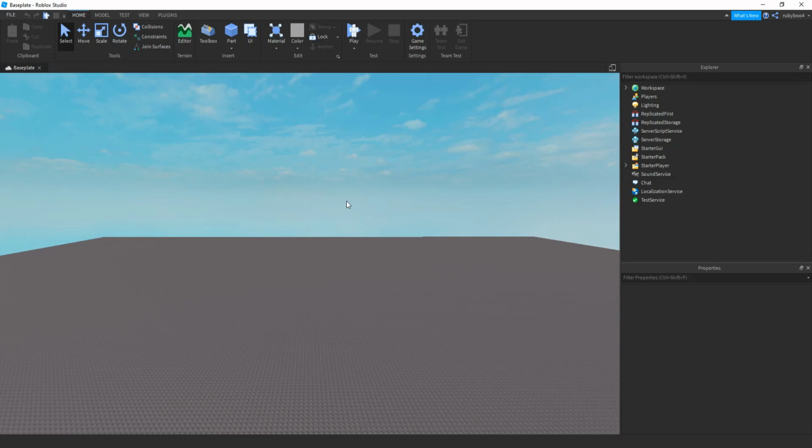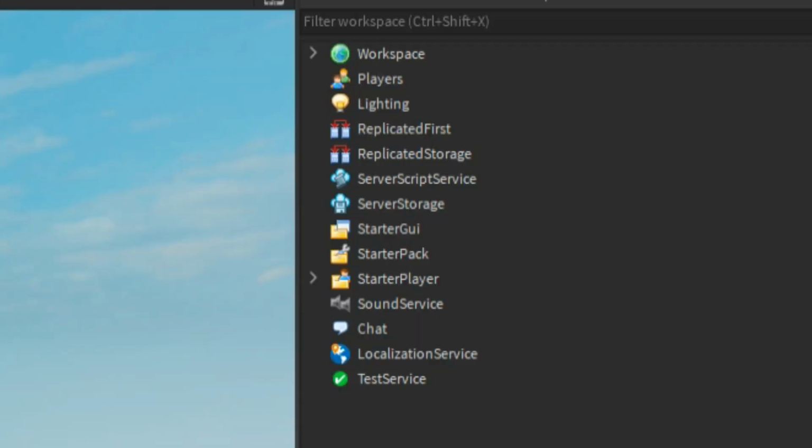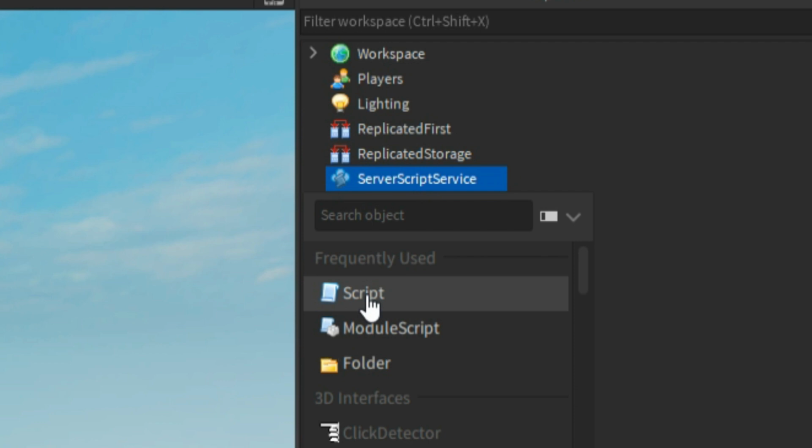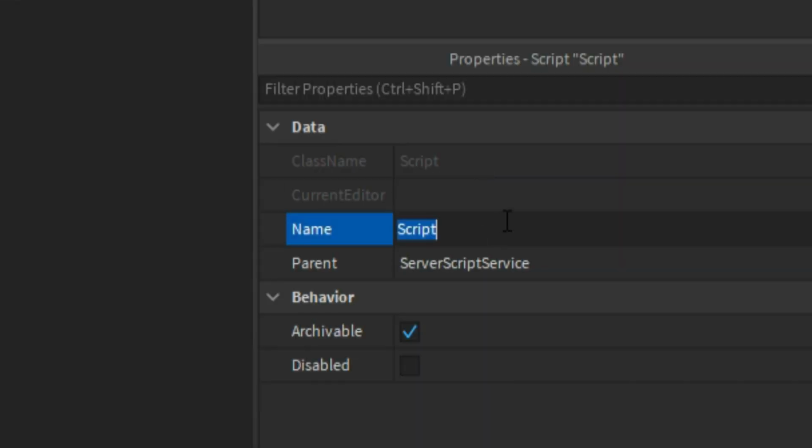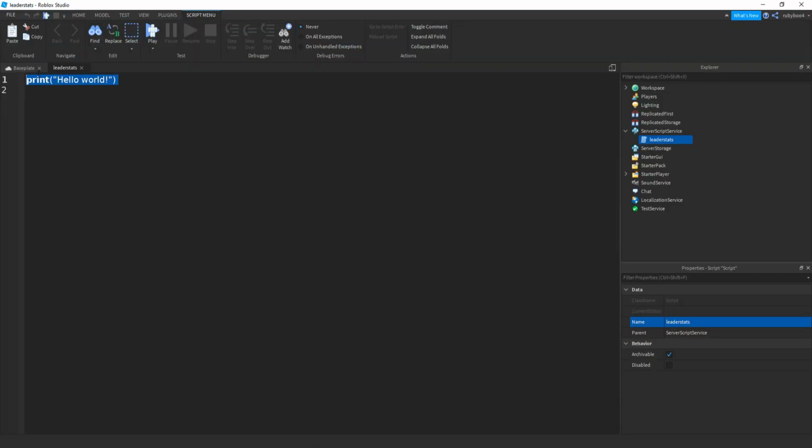So I'm here back inside ROBLOX Studio and today I'm going to be showing you how to make your very own working and saving leader stats inside ROBLOX Studio. First thing is we actually need to go to Server Script Service, click this plus, and then add in a normal script. Now if we name this script to leader stats, like that, inside the script what we need to